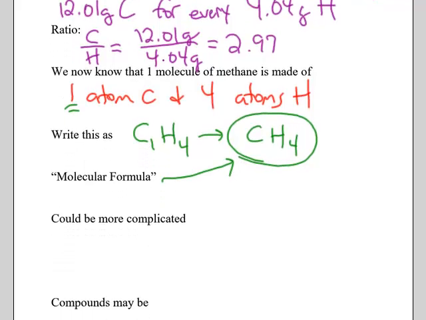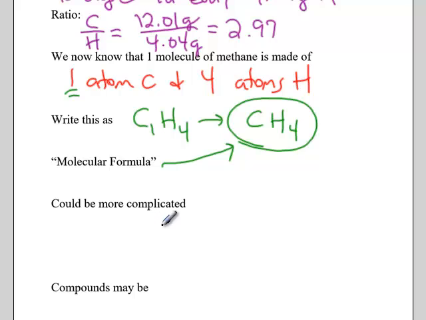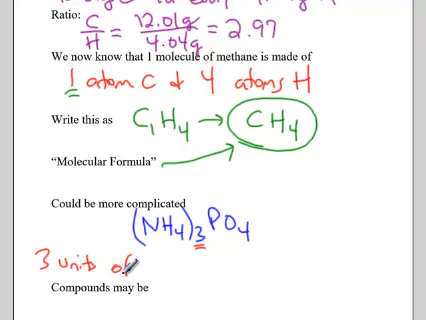It could be much more complicated. You could have a compound such as this one. And later on in this chapter we'll learn how to name a compound like this correctly. So this can be read in a number of different ways. The parentheses around the NH4 and then the 3 tells you you have 3 units of this NH4, which we'll learn later on is called the ammonium cation,